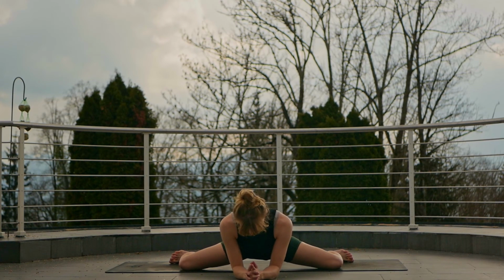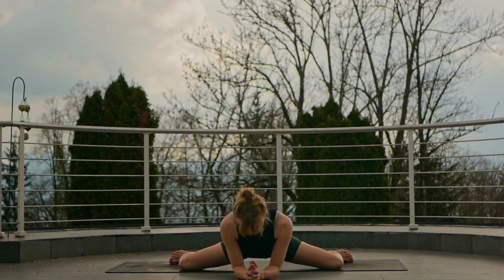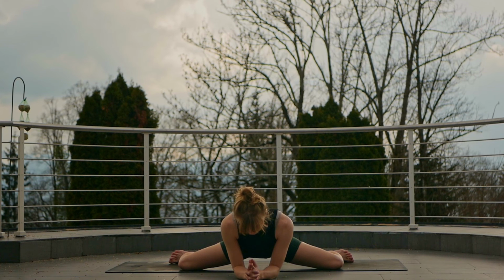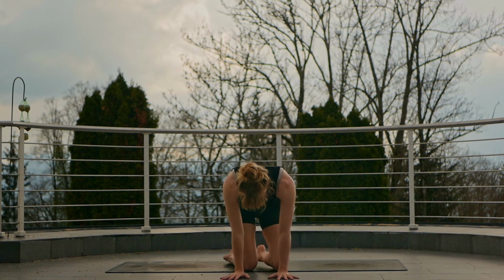If it's too much for you, then keep the toes connected behind your glutes. Try and slowly work your way down either onto the forearms or just stay on the hands. And breathe in this deep hip opener. Good, bring the toes back together, press into the hands, bring the knees close together back into tabletop, and come